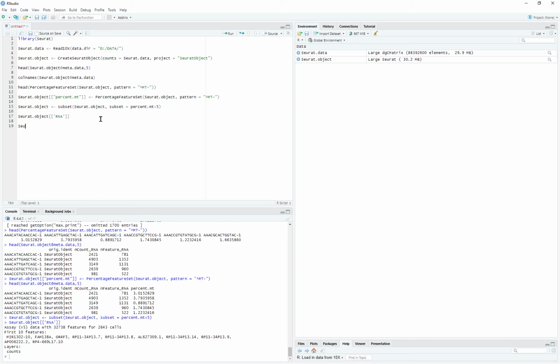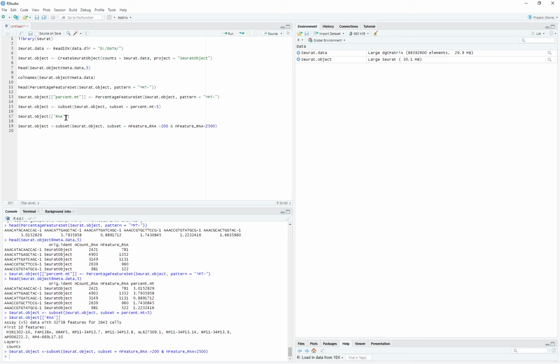We can use the same scRNAt object and the subset function. The subset function input is also going to be the scRNAt object. But this time, the subset rule is going to change a little bit. The subset rule is that the number of feature RNA needs to be more than 200. We can further define it in a range. So it could be more than 200, and at the same time, the number of feature RNA less than